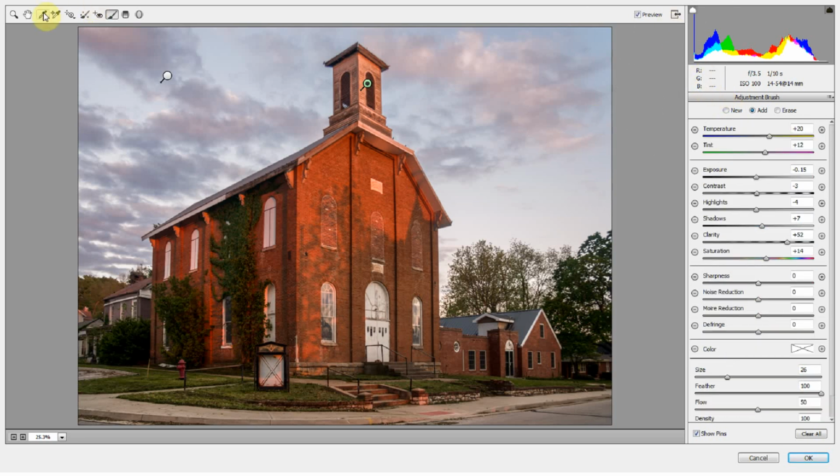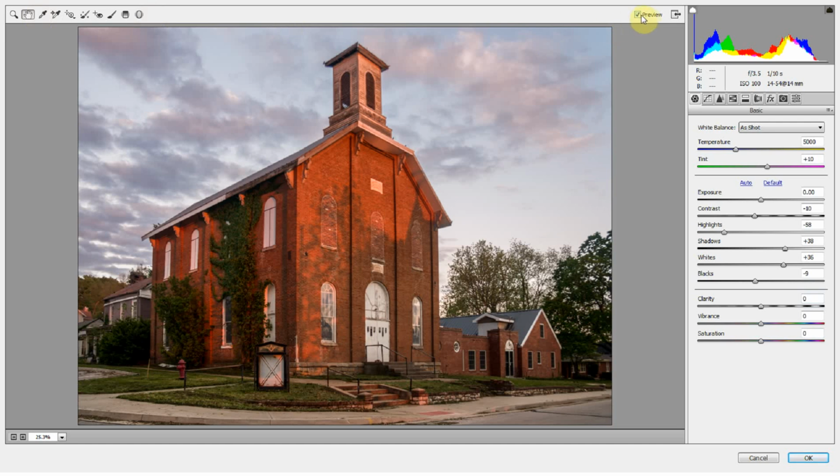This works for me. I'm going to go back to our basic pane and see what we've got here. So there was our start. Here's where we're working now. That's not really adjusting with our adjustment brush as well either there. So let's do a boost in clarity here, just to get a little bit more clarity on top of what we already have. A little bit more punch in our details.